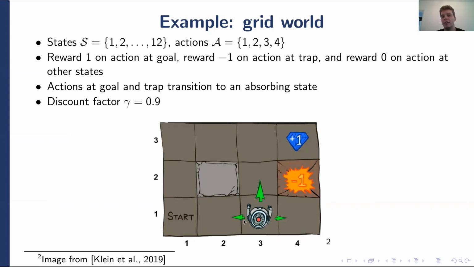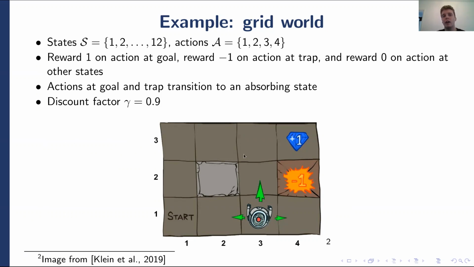Now, if the agent is in a state like this one, where he's already at the end of the map and cannot go down, then the action go down will simply make it so the agent stays where it is already. Okay, so the actions that the agent can take are always the same. They are up, down, left, right. And if the agent is not able to make that move, the agent will just stay where it is after it takes that action. Okay.